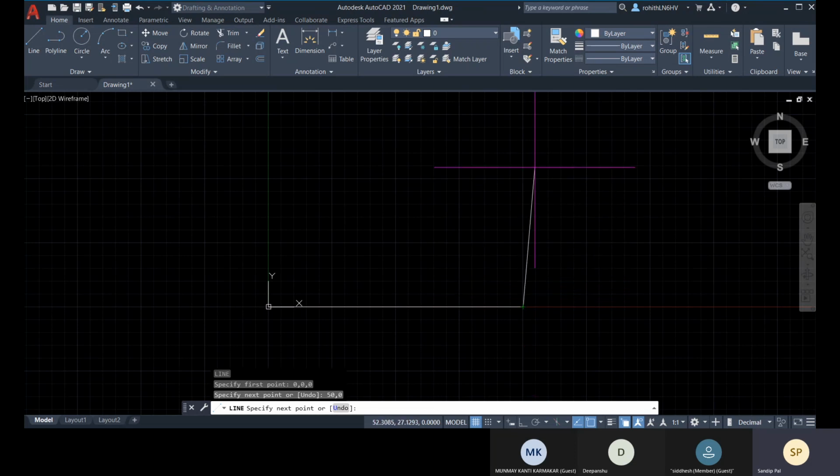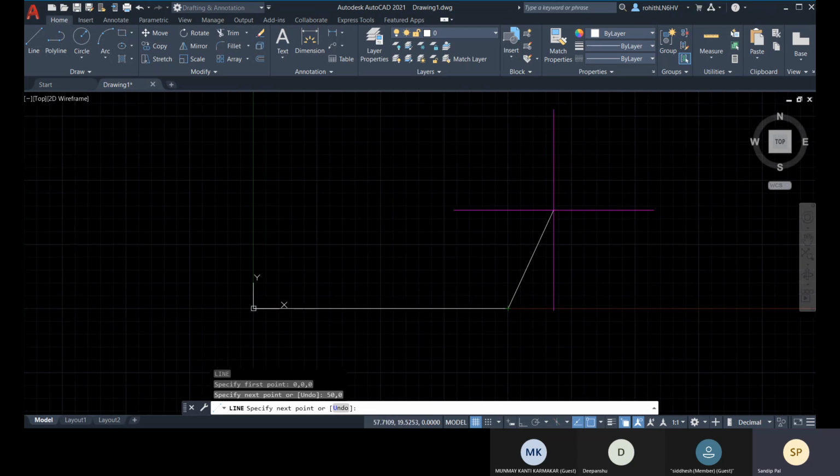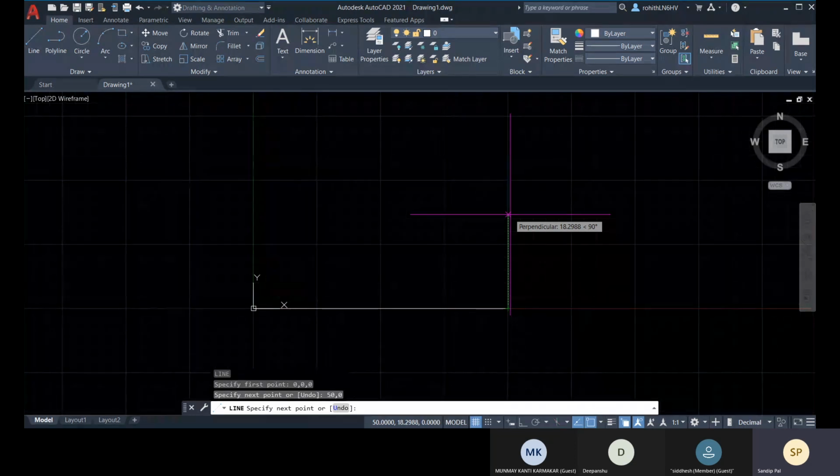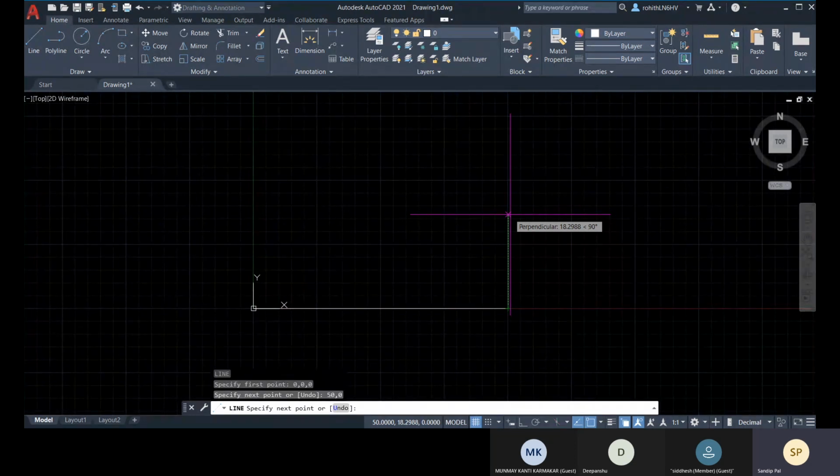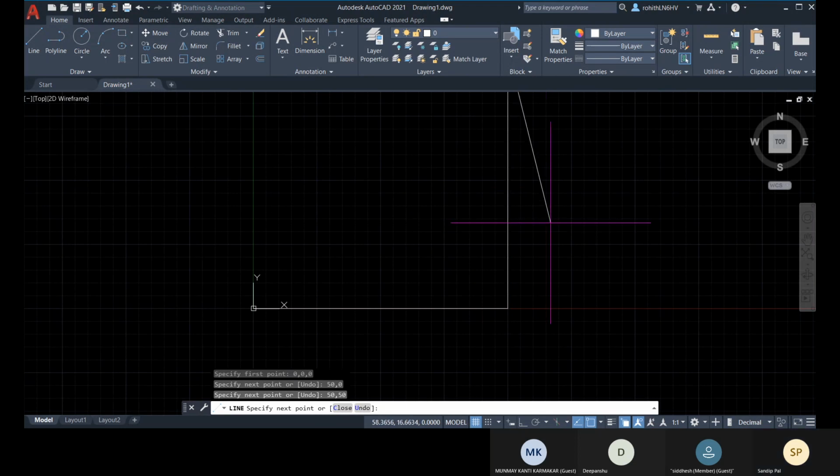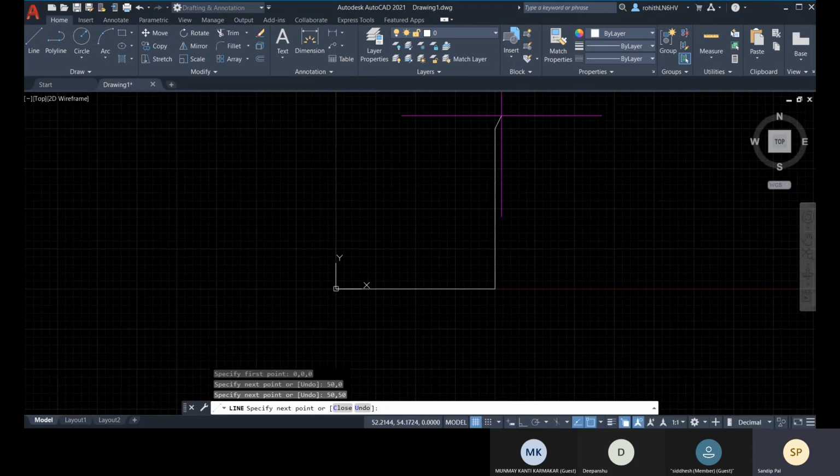You just have to place another point for this new segment. So for this new segment, let me place the coordinate value, which will be calculated from the origin. Let me place 50, comma 50 and press enter. And you have created this line segment.